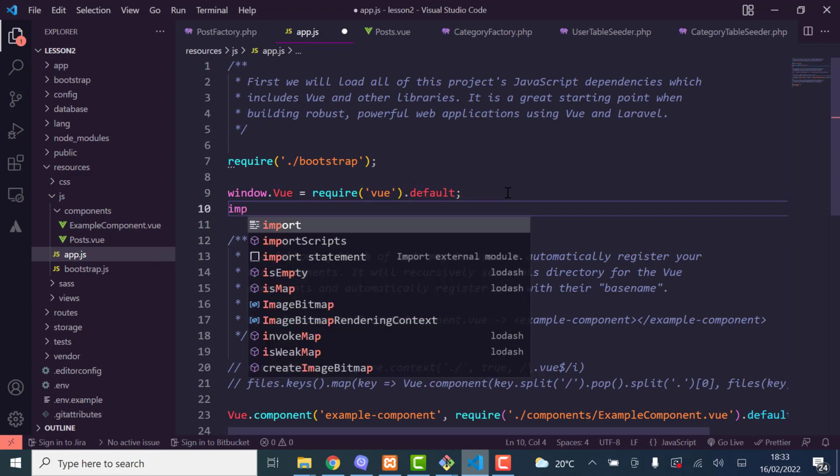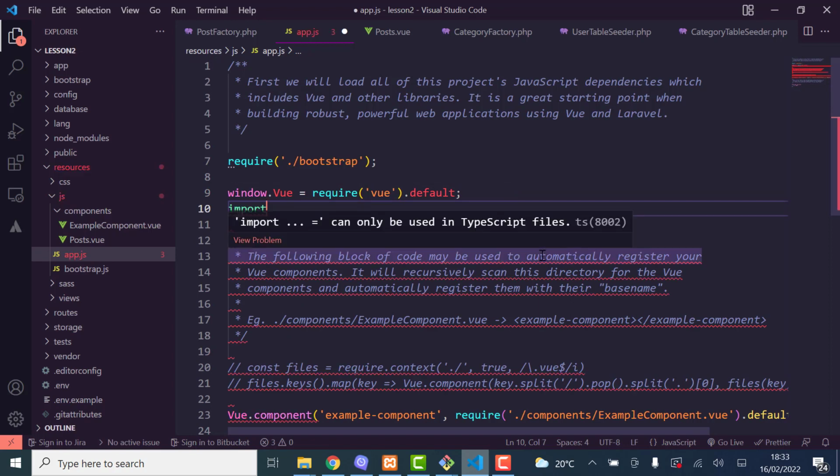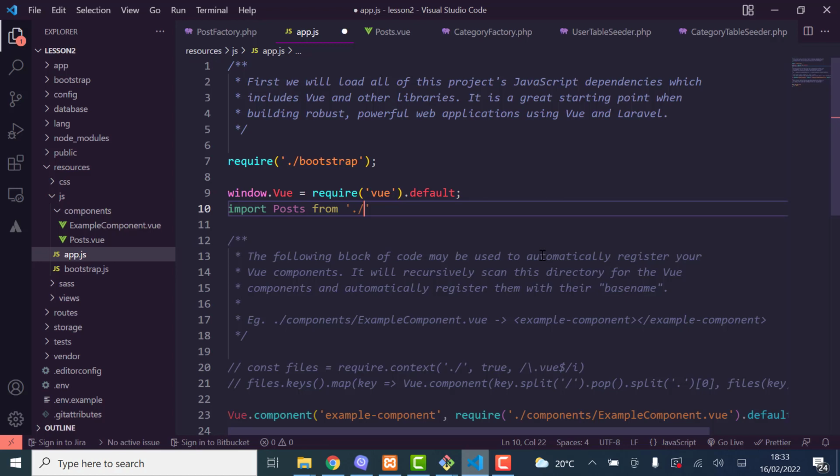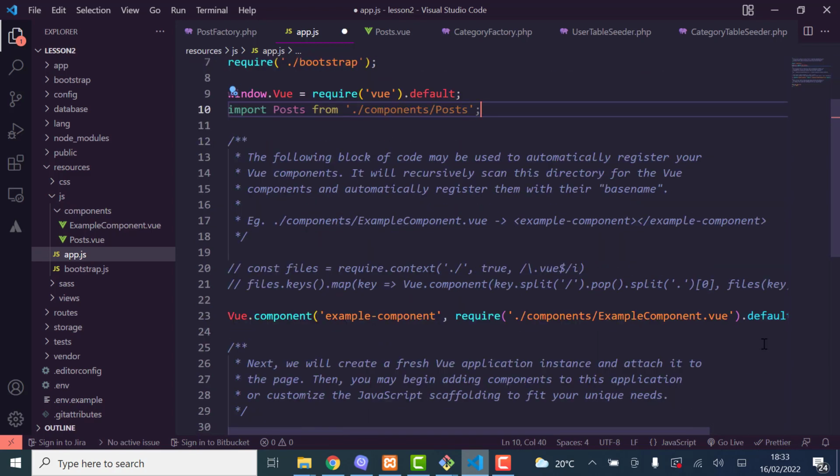So we just import posts from, it is inside components, and we call it post. So just do posts. Okay, you don't have to include the extension .vue there. So after importing a component in Vue.js, you have to register that component, as you can see down here, right? So after importing it up there, we just do